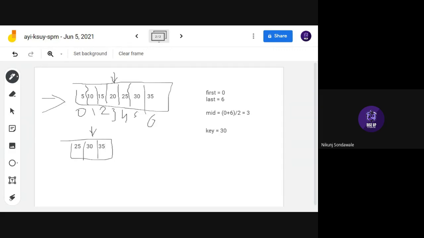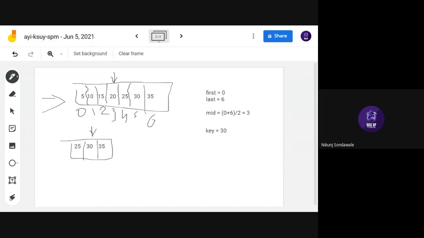with square brackets only: 5, 10, 15, 20, 25, 30, and 35.